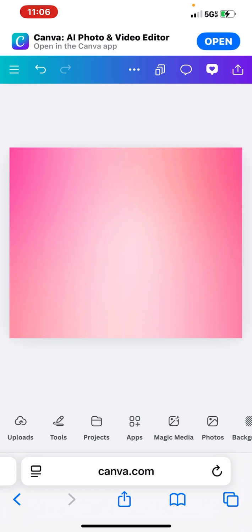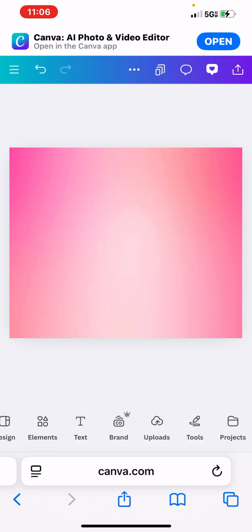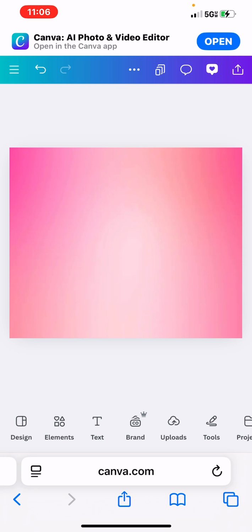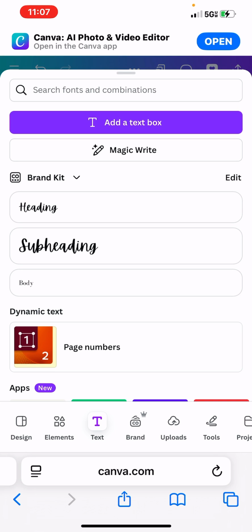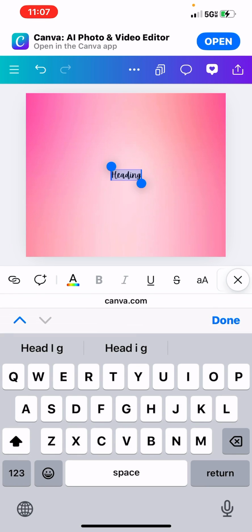So you probably want to add text. So this thing slides on the bottom across. Hit text. And then they've got different things you can add. So I have fonts already picked out. Or you can add a text box. But since I already picked out fonts, I don't remember what it looks like without that. You might have to look at that. So I'm going to choose my heading. And I'm going to say,